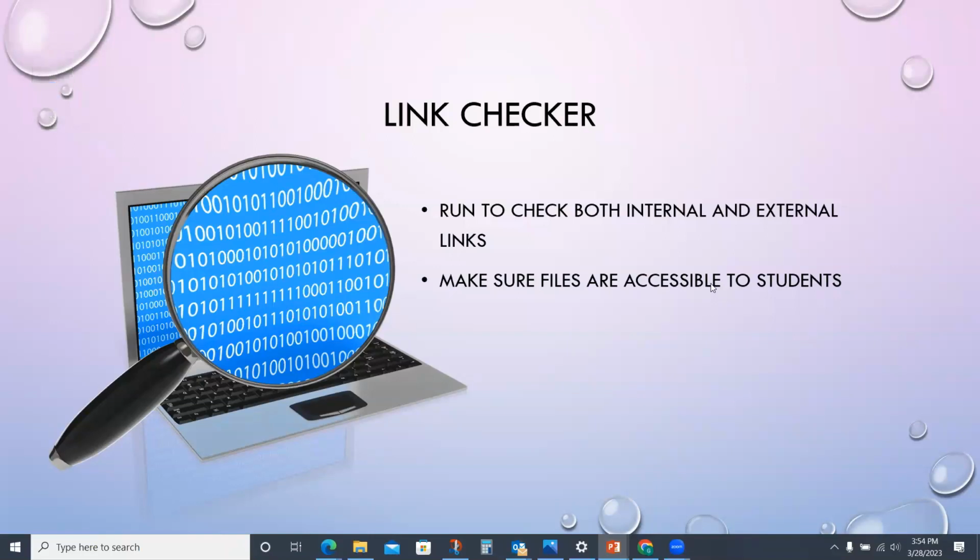But where it's really helpful is for the internal links. So what can happen sometimes is you might create a link within a course to somewhere else inside the course, and that will work just fine. But if you copy that course over and now students click on a link, it's going to be directing them to an old course that they don't have access to. And so then they'll get the broken link message.